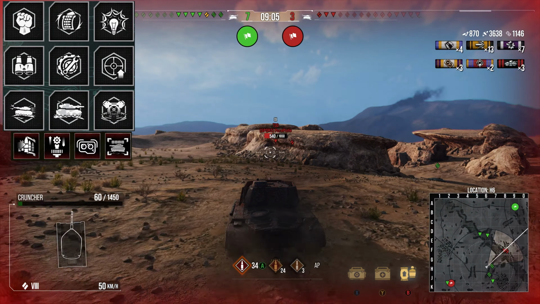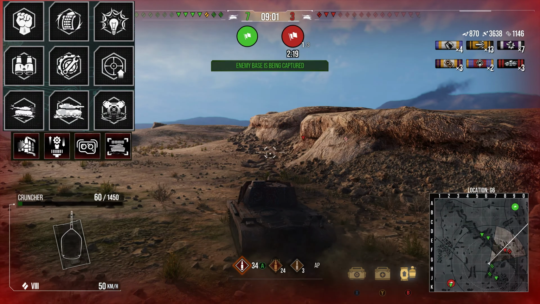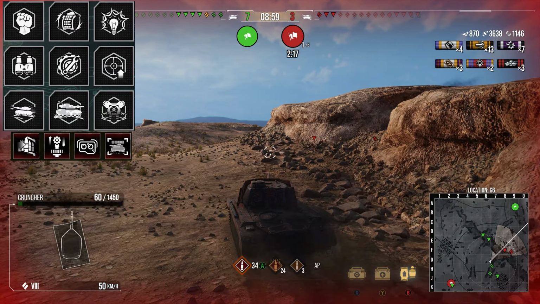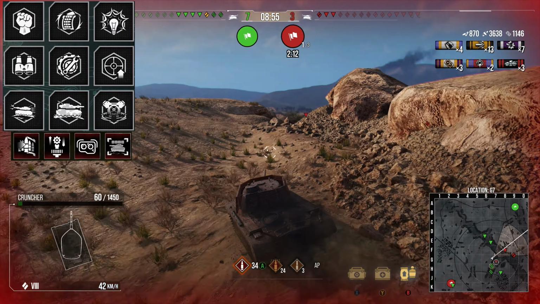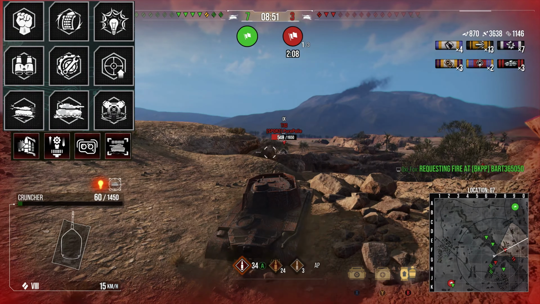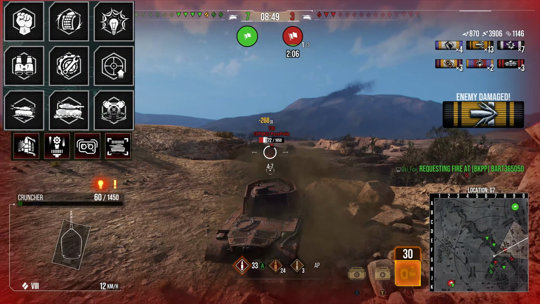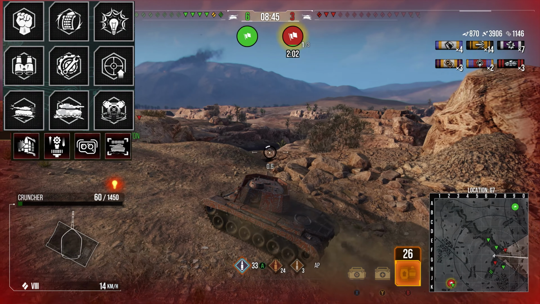Optics to be able to get the 486 meters of view range I've got, so I can try and spot for myself. The Gun Stabilizer to get the accuracy during rotation and movement down as low as possible, mixed in with the Run and Gun and Steady Aim to make the accuracy better by 10% and just on the move by 10%. Again, knocking that accuracy during movement down as low as possible so that the gun is always ready to go. The Advanced Loader to get the fantastic DPM that this thing can get,